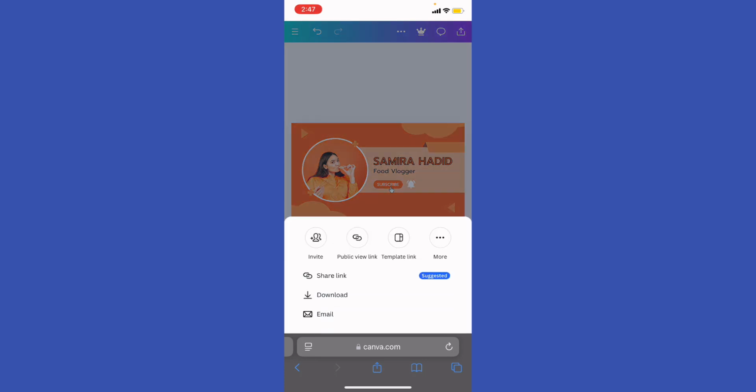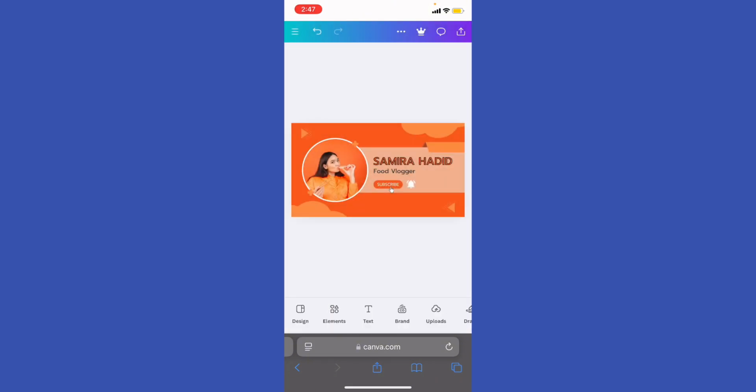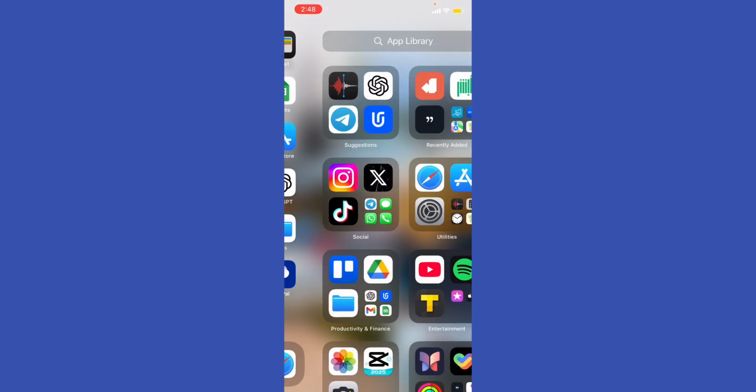And after finish, hit save at the top right, hit download, and save it as a PNG, which preserves the high quality, and then hit download. And you're gonna wait for a few moments, and then after you download it, you can just go ahead to